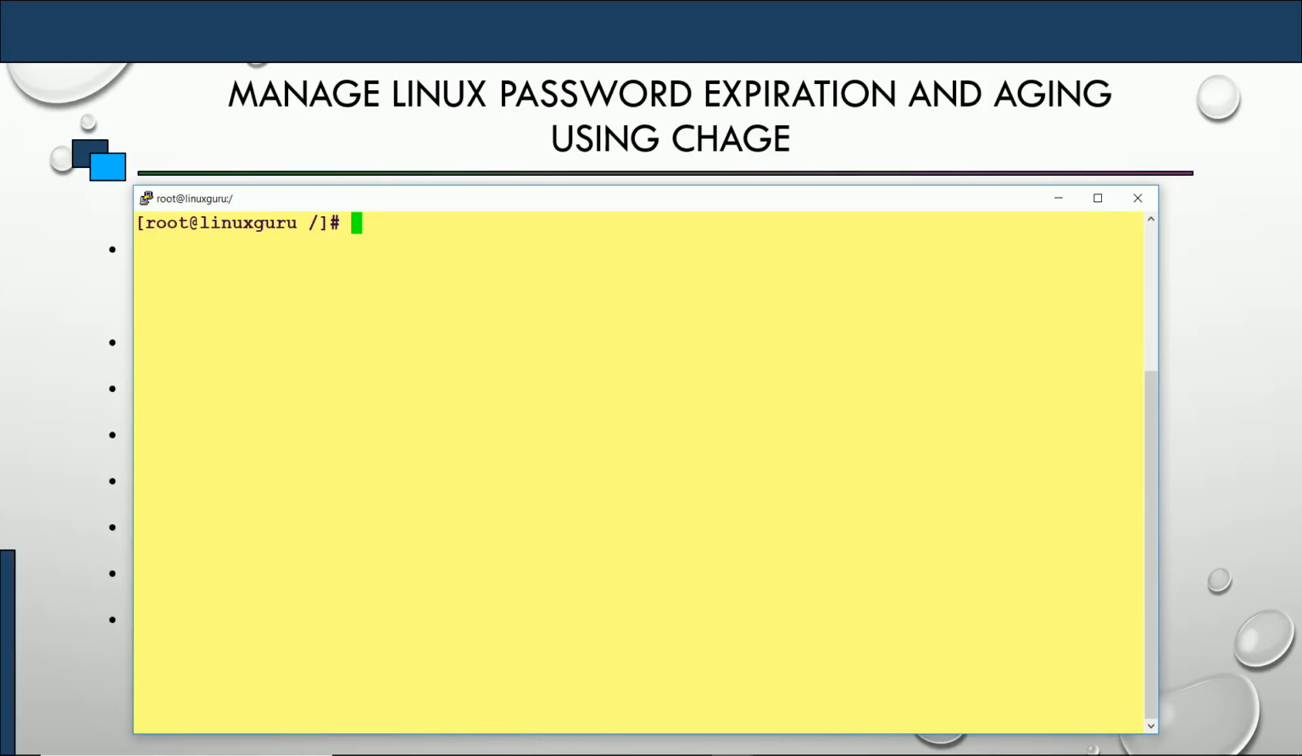Friends, this is a lab session in which we are going to understand how we can use the chage command to view the password aging or how we can modify the password expiration. So let's start. So friends, we have a user